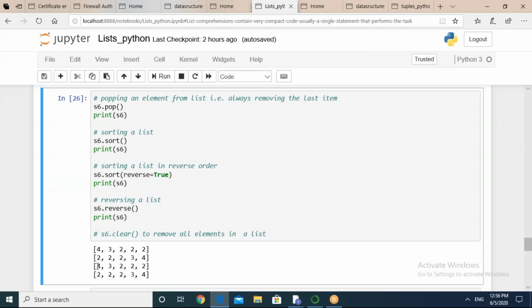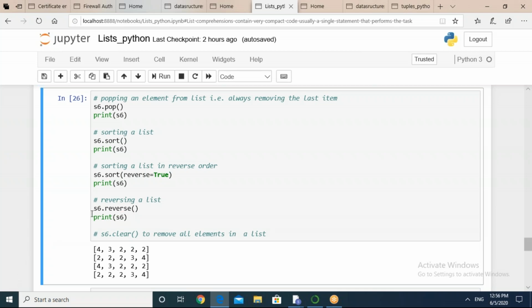So the output against this line will be 43222. So already my list was in descending order. Are you getting my point? As and when you are performing the sorting, you will have to take care of this. By default, in most of the programming languages, the sorting is done in ascending order. And in case you want to do it in descending, you need to identify which argument is to be set. So in Python specifically, the argument is reverse and you need to set it to true. Then it will sort in descending order.